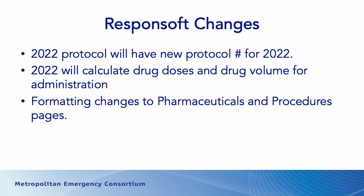The protocol will also be able to make some drug dose calculations, particularly for pediatric patients. It has been able to do that for a number of years, but now in 2022, it's also going to provide drug volume for administration for pediatric patients. It's similar to Antebi, which has some additional things that ResponseSoft won't be able to do. But if you have a pediatric patient and you put in the child's estimated weight or actual weight, it will calculate the drug dose for the child as well as the volume of the medication, so that if you have to give the patient a certain amount of meds,